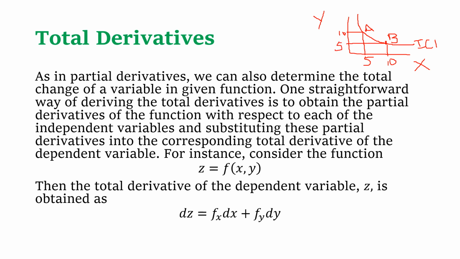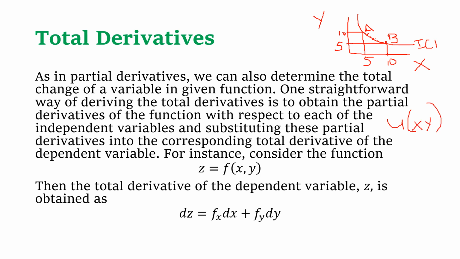Now, the consumer is moving from point A to point B. Along this path up to point B, he is getting the same amount of satisfaction, the same utility. You understand? So if you have a utility function u of x, y,